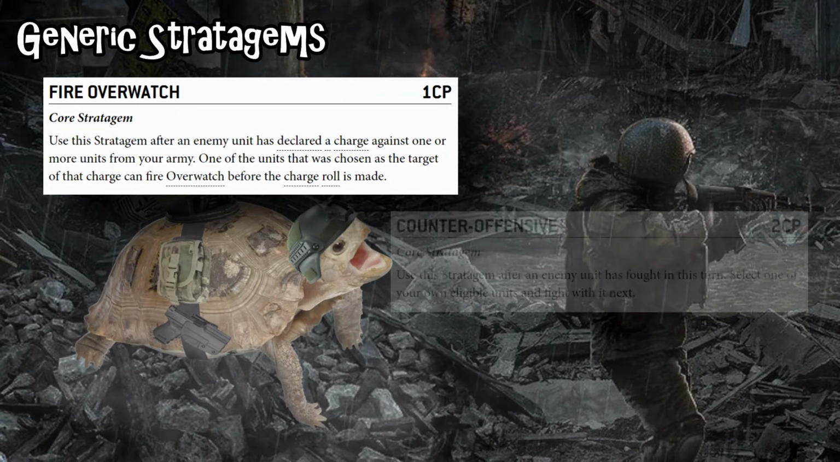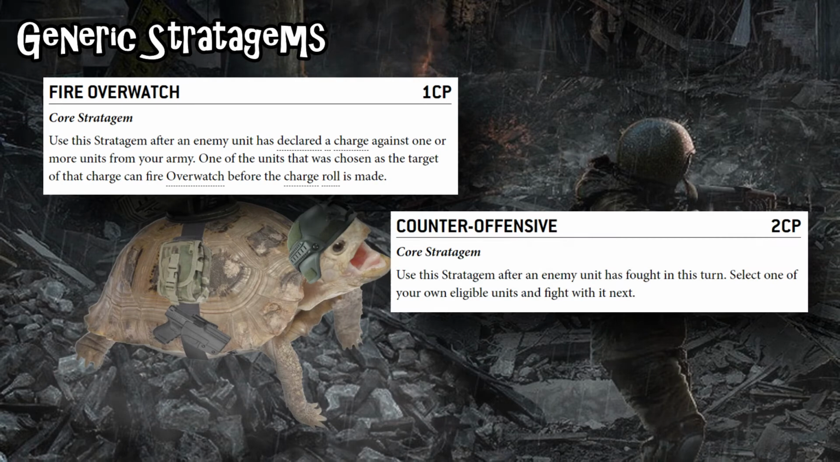Counter-Offensive is a 2 CP stratagem that allows you to interrupt the normal flow of combat. You can use it immediately after an enemy unit fights in the fight phase, and it allows you to then select one of your own models to fight. This doesn't mean that a unit gets to fight more than once in the fight phase. It basically just moves them up in the normal order of fight phase selection,